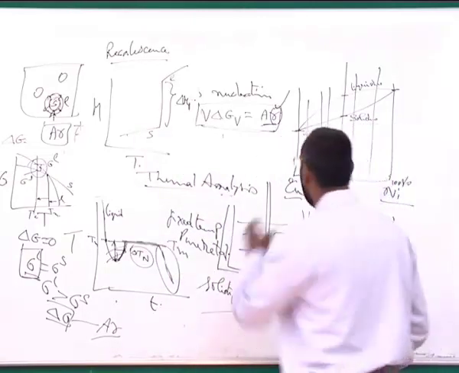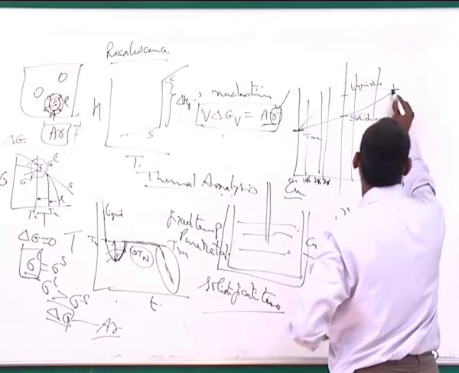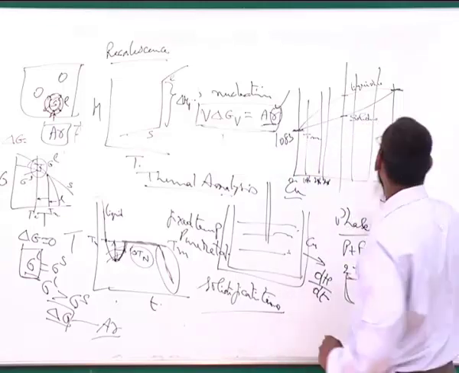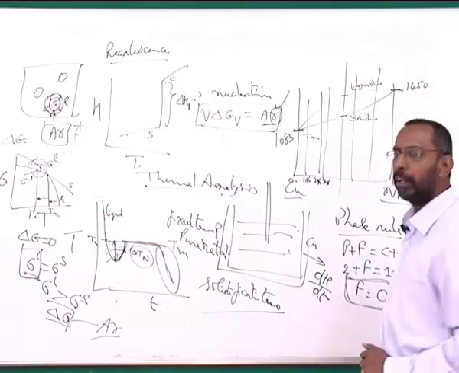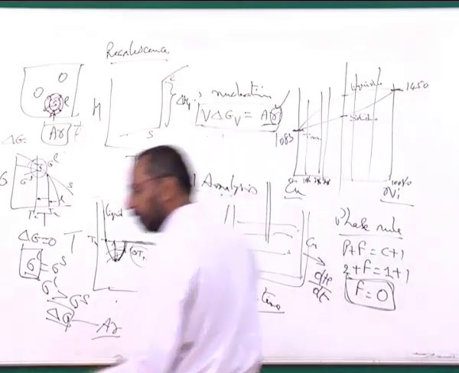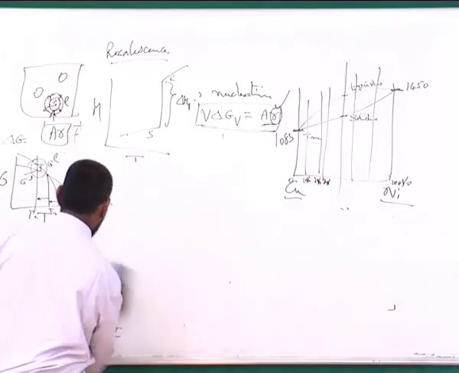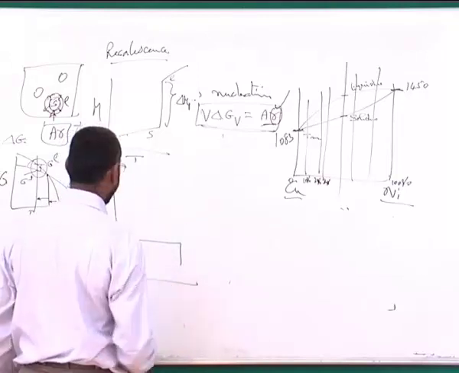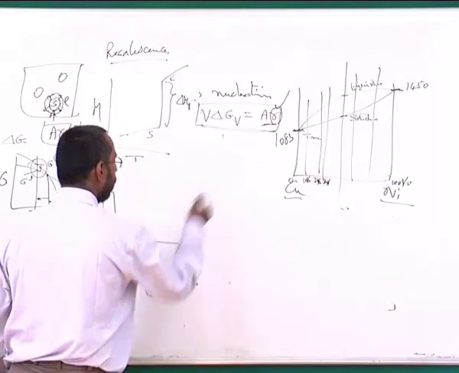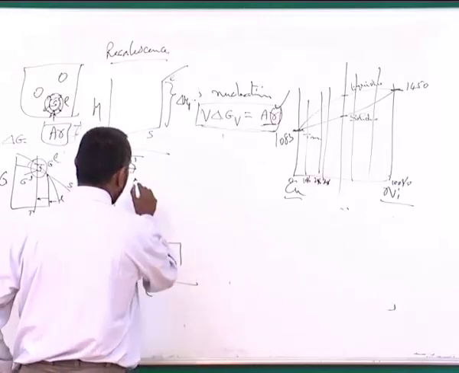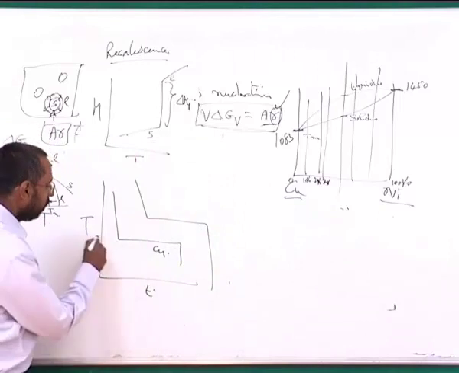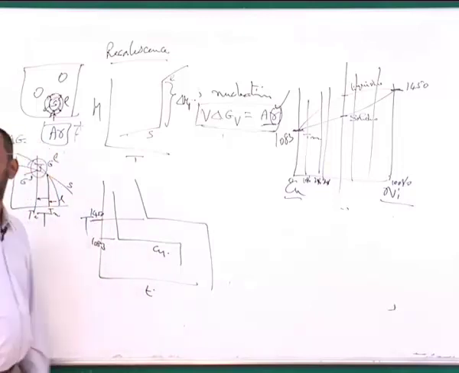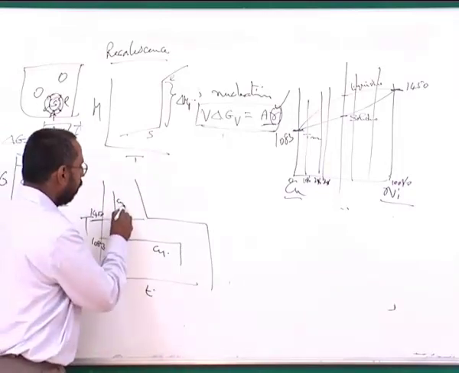But what is the difference between copper and nickel? You will see the temperature at which this is happening is going to be different. For copper, it happens at 1083, which is the melting point of copper, whereas this happens at 1450, which is the melting point of nickel. So for both these, if I do two cooling curves, one showing something like this, and I superimpose on the same temperature versus time plot the one for nickel, if this is for copper, I will get for nickel something like this. This is, let's say, 1083, and this is, let's say, 1450. So I'll get two cooling curves, one for copper, one for nickel.